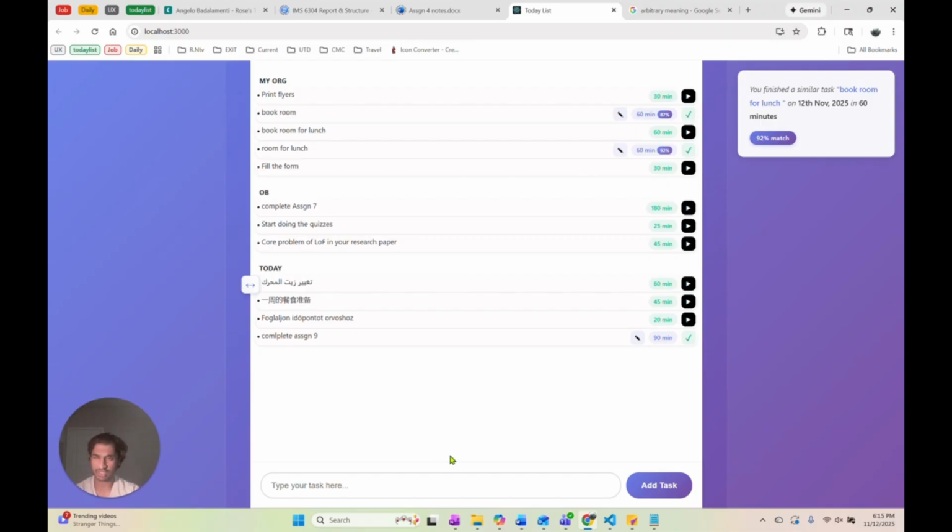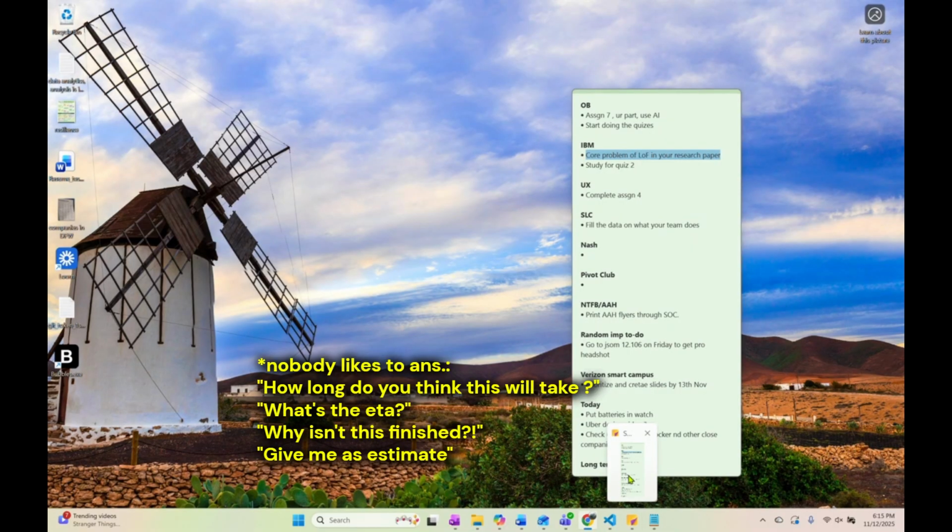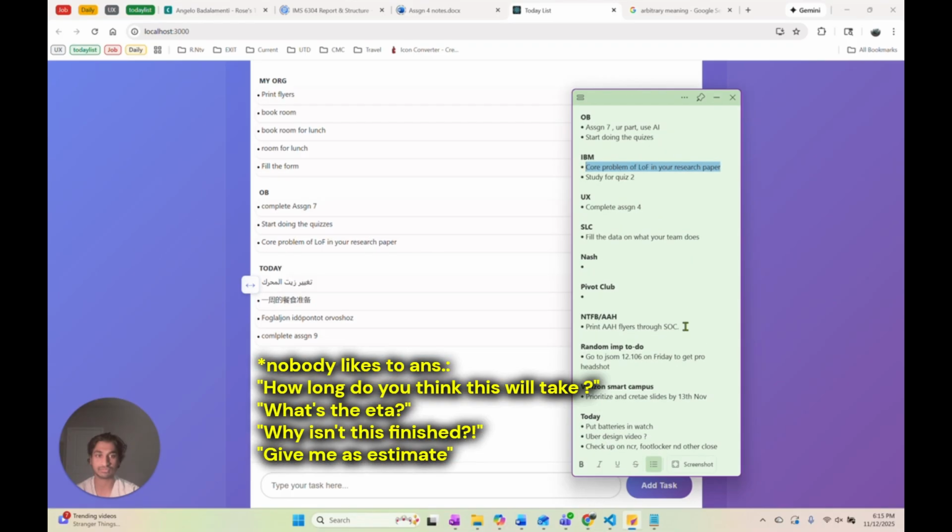It will not ask you for effort, priority, or deadlines. Rather, it will learn from your actions and it just gets better with time. So next time, if you have a random or an arbitrary task without any context, that, for example, look